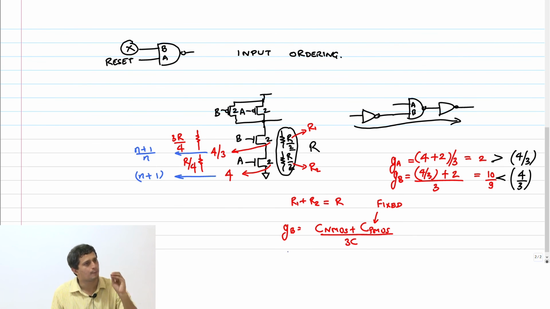Now, of course, practically, when I try to implement a layout of an arbitrary n plus 1 by n, when n is very large, then the layout itself becomes so asymmetric that all the assumptions we made will break. This whole thing of, okay, there is only one capacitance here, we don't double count that capacitance, all that will break, because the layout has become so asymmetric. That's why the suggested number is 4 by 3 and 4. That's a practical thing which is going to work even at a layout level. Theoretically, you can do any n plus 1 by n. Okay?